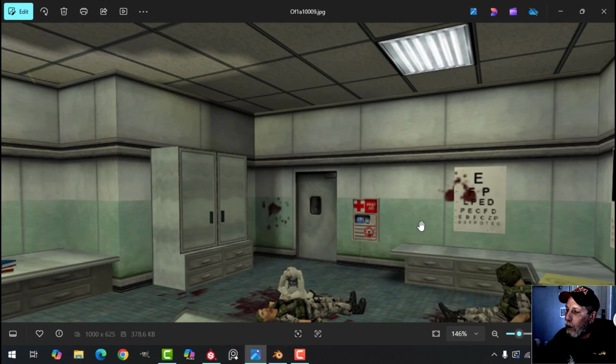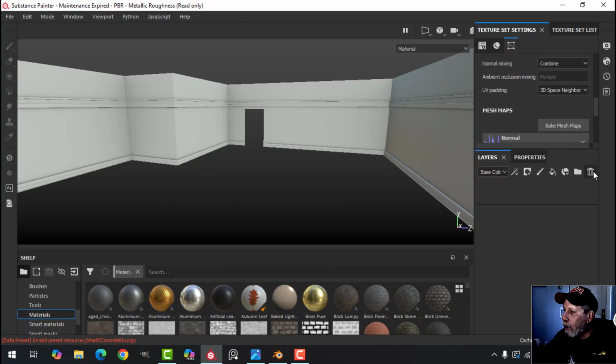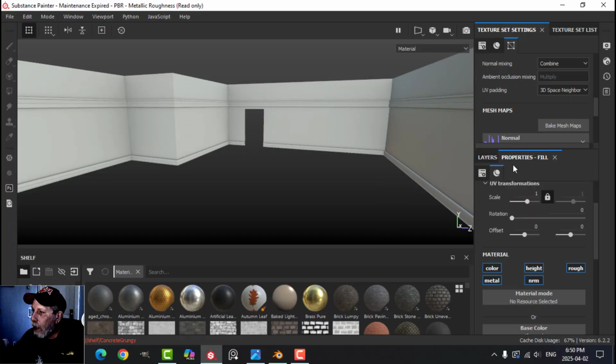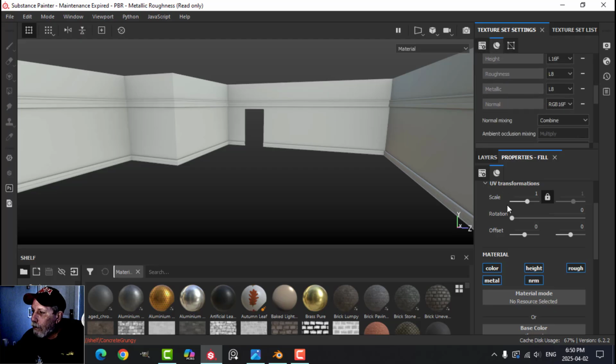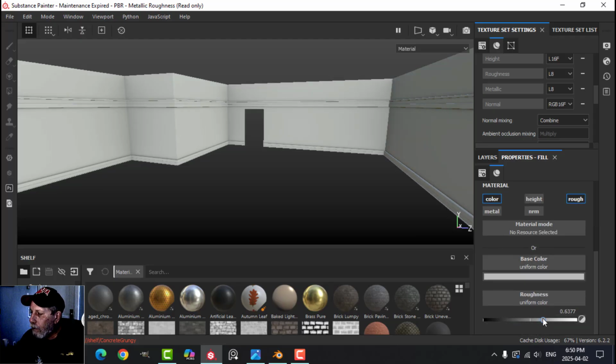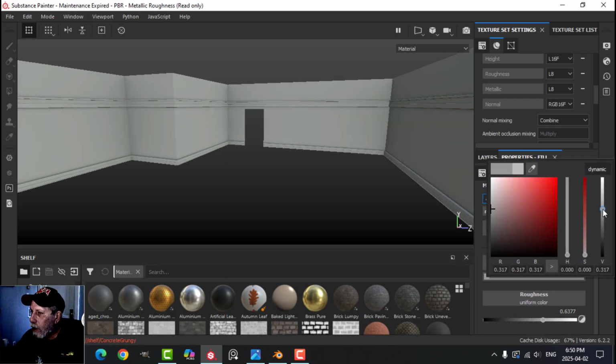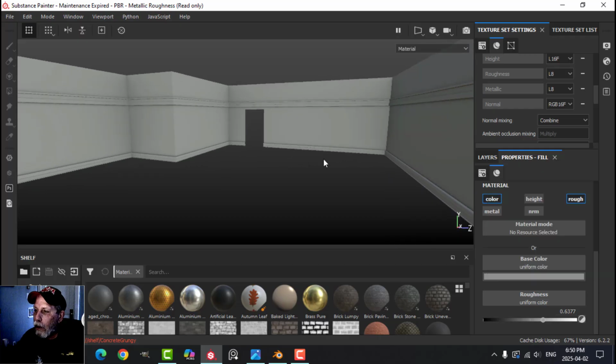But in the meantime, we need a sort of slightly gritty but dusty, dirty white section and greenish section. I may not get my colors exactly the same, so I'm going to delete this layer and add a fill layer. And I'm at 1K right now, and I'm going to alt-click color. I want some color. I want some roughness. I'll bring the roughness up just a little bit above half. And for the color, I'm just going to darken this a little bit and kind of go with that color